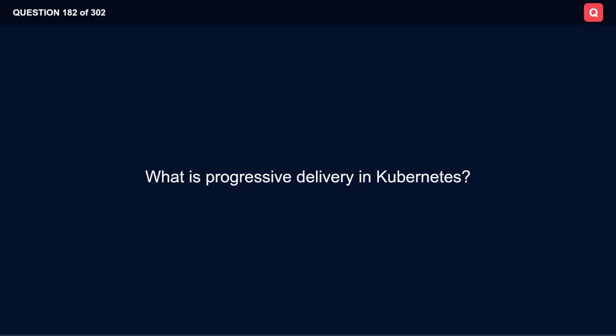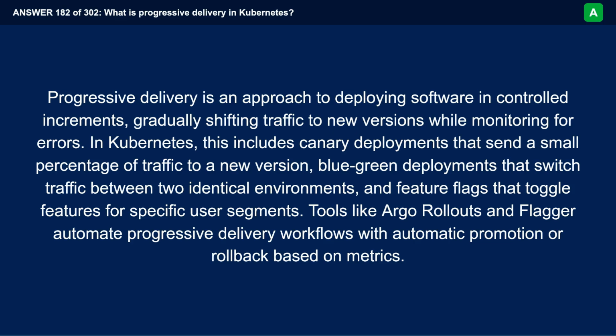What is progressive delivery in Kubernetes? Progressive delivery is an approach to deploying software in controlled increments, gradually shifting traffic to new versions while monitoring for errors. In Kubernetes, this includes canary deployments that send a small percentage of traffic to a new version, blue-green deployments